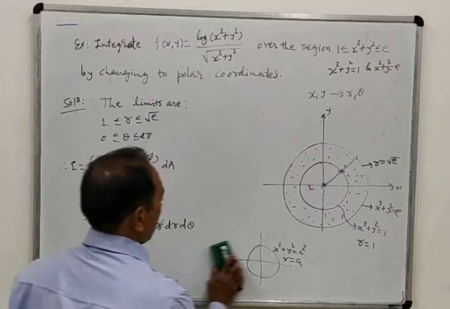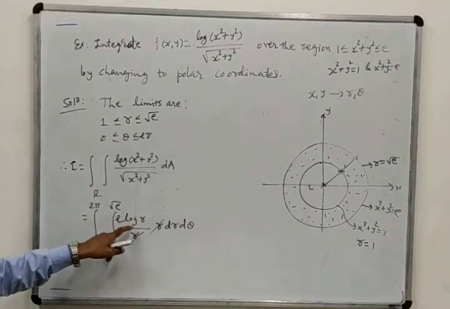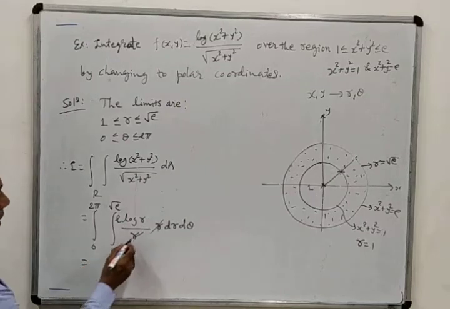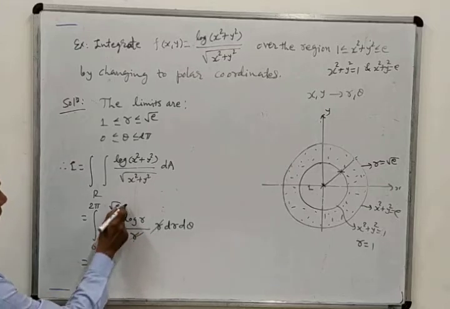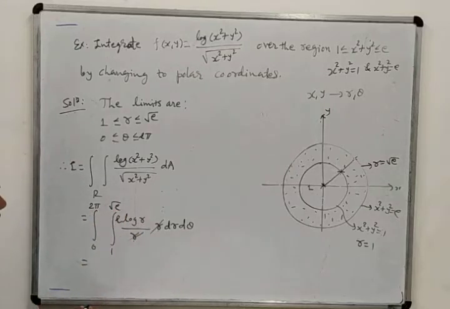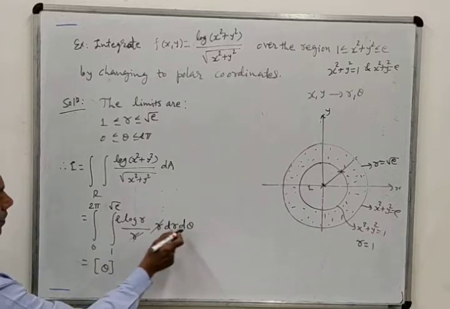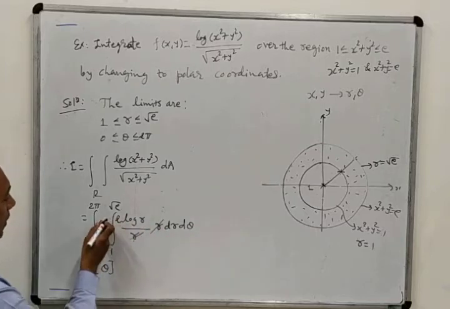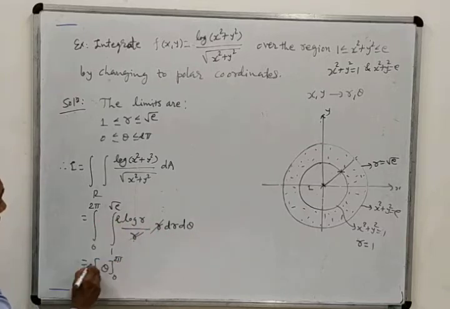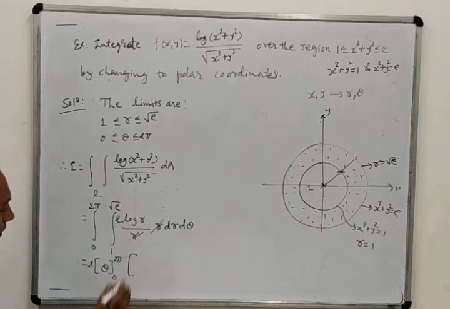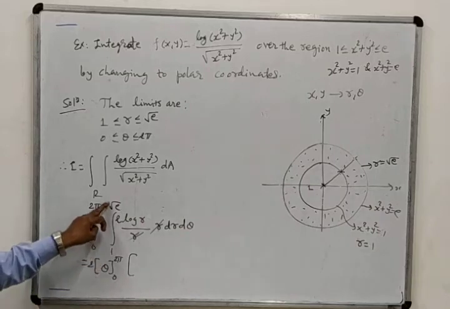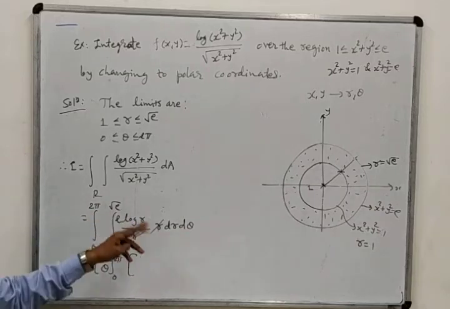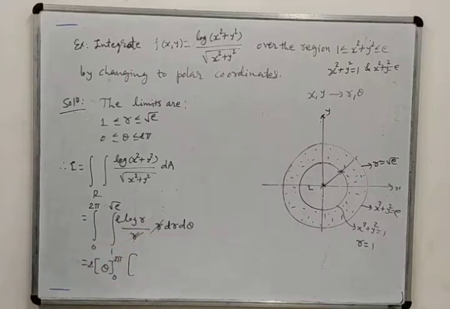Okay. So now we will integrate this one. Here we have only log of r, and there is no theta in it, only log of r. And these are also constant limits. So we can integrate this in a single step. This is the d theta only. There is no sin theta, cos theta like this, only d theta. So theta from 0 to 2 pi, these two I will take outside. We are doing this in a single step because these limits are constants and these functions are separated. That means r and theta have been separated, not mixed.